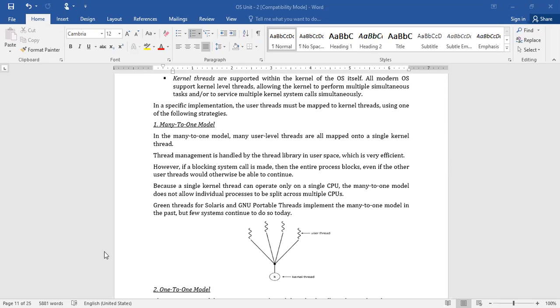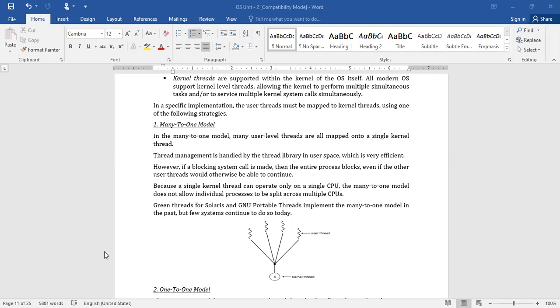However, if a blocking system call is made, then the entire process blocks. If a particular thread calls a blocking system call, the entire process is blocked, even though other threads could execute on the CPU. The whole process is going to be stopped. That is one of the problems with it.